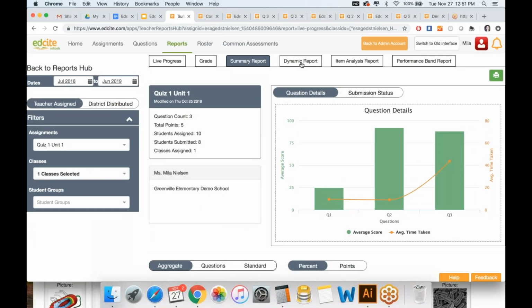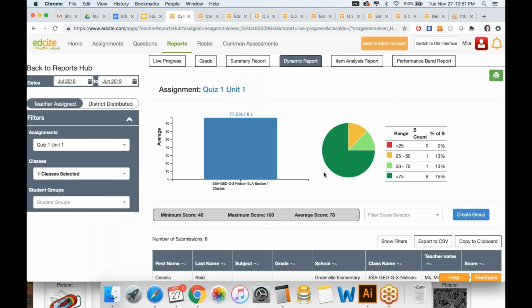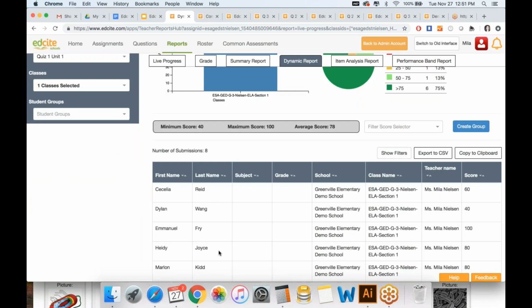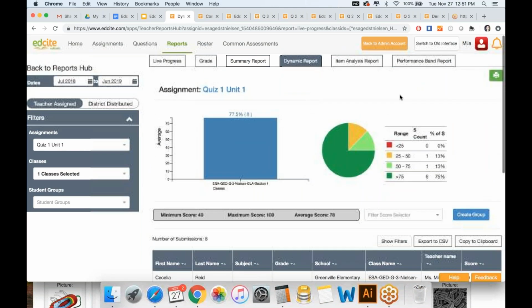Now, when I'm looking at these additional 3 reports, these are reports that only come with EdSite schools. And so if I look, let's say, at the dynamic report, this is really nice when I've got multiple classes, so I can see what's the distribution of my lowest performing students, and it's going to show me how many are in each class. I'm also able to filter by particular subgroups and create a student group to start to send them targeted content. So this one's just a dynamic report to look at data and visualize it really quickly.